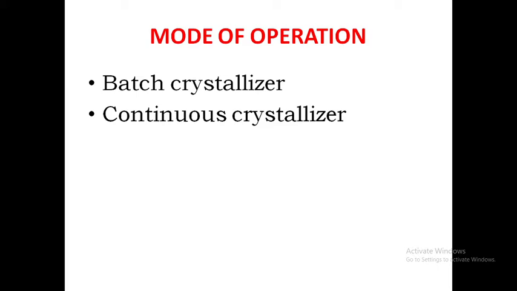First one, batch crystallization. It is different from continuous crystallization in that withdrawal of crystal product for the batch system is made only once at the end of the batch run, whereas continuous crystallizers produce a consistent product and are generally smaller and more energy efficient than batch equipment. For the same,